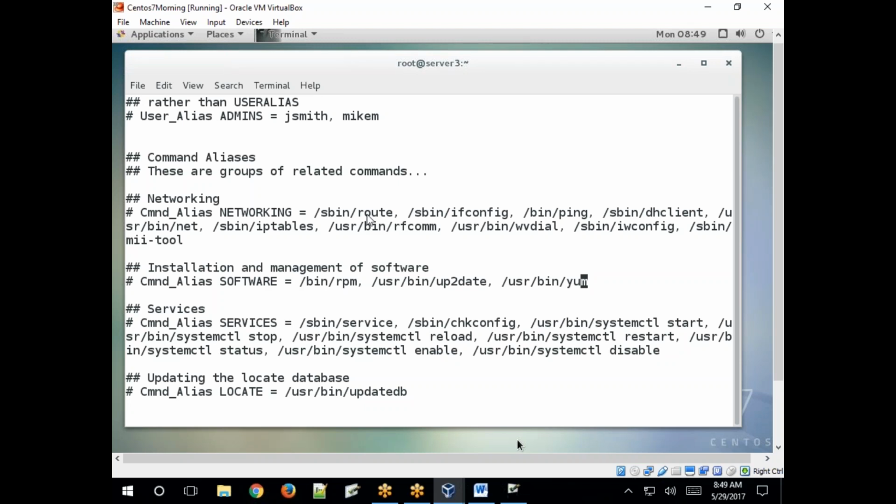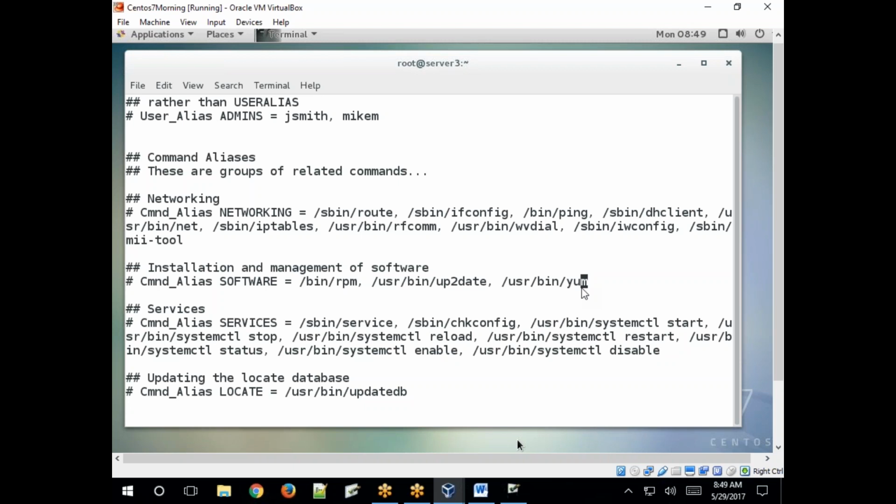So if you want to allow a user to install packages and create partitions, create a Cmnd_Alias, then specify one name for that alias, then specify the commands: bin rpm, comma, usr bin yum, comma, space, slash sbin slash fdisk.